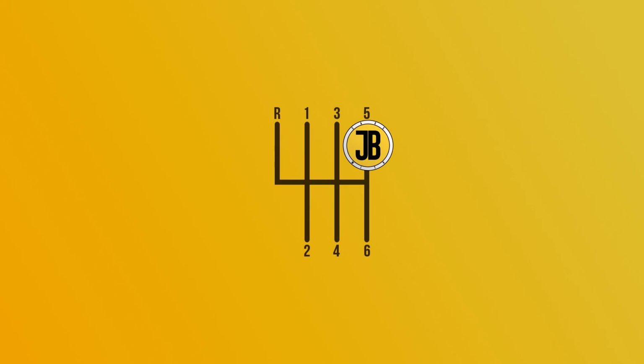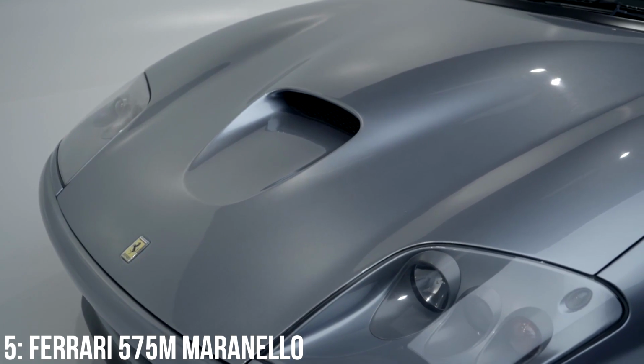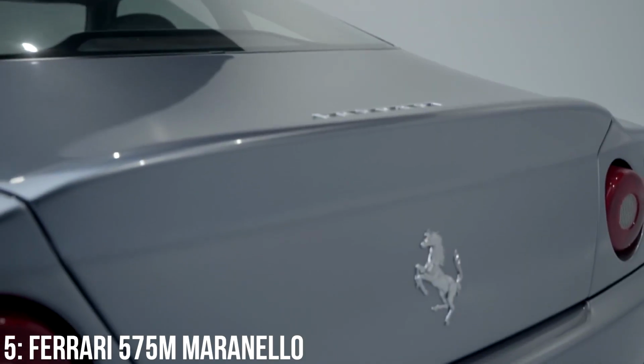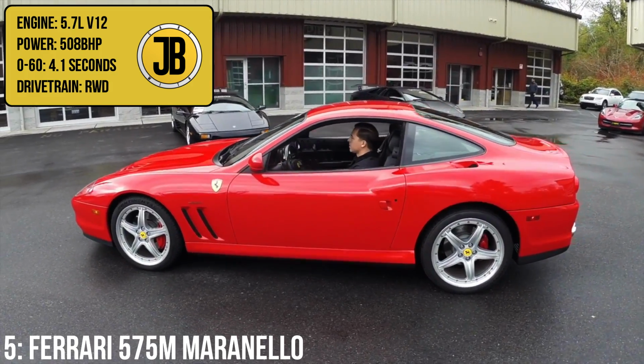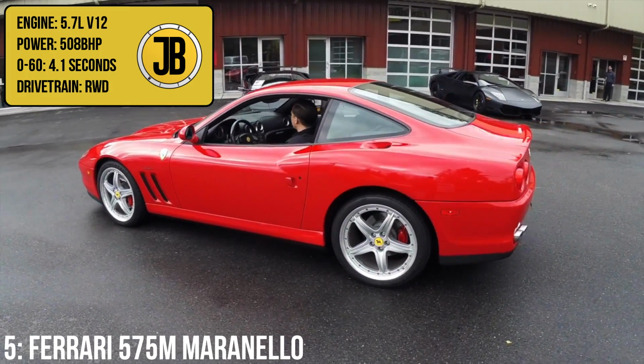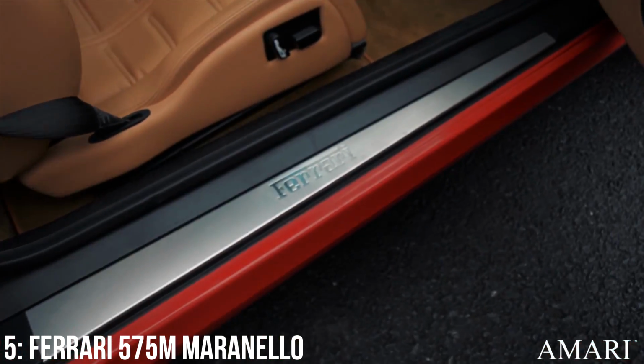First up, we have the Ferrari 575M Maranello, which was at heart an updated 550 Maranello with a few design changes by the legendary artists over at Pininfarina. It hosts a 5.7 litre V12 engine, putting out 508 brake horsepower, which takes the car from 0 to 60 in 4.1 seconds. It has a top speed of 202 miles per hour, which actually makes it the slowest car